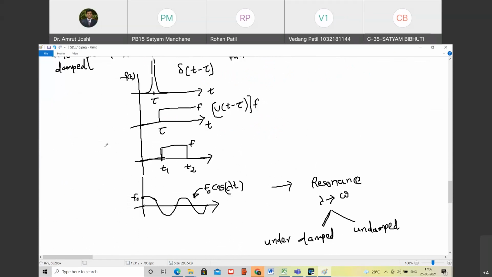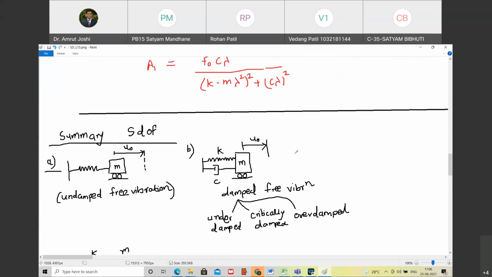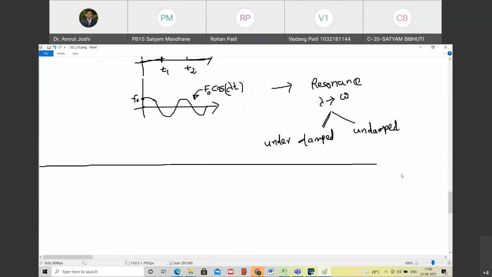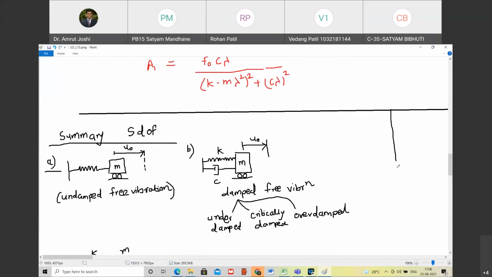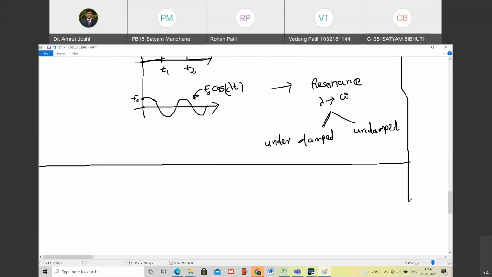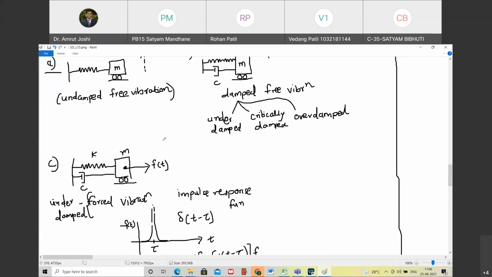What I want you to do is, for each of these cases, write down the expression for u of t and keep it as a summary sheet. That will be allowed to be used as it is in your exam. You need not memorize that. You need to just understand the derivation, and you need to keep the results ready. So write down results of all these forces on a piece of paper. You are allowed to refer to that as you refer to IS 456 in design of RCC structures.